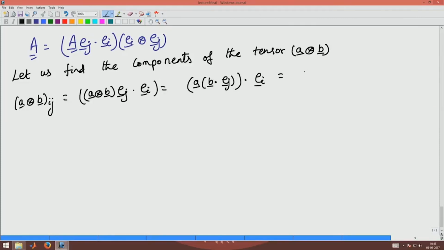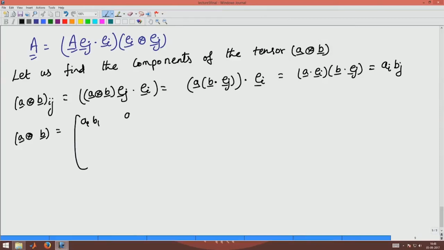This is nothing but A dotted with Ei times B dotted with Ej. Okay, this is nothing but Ai Bj. So, the matrix components of A tensor product B can be written as